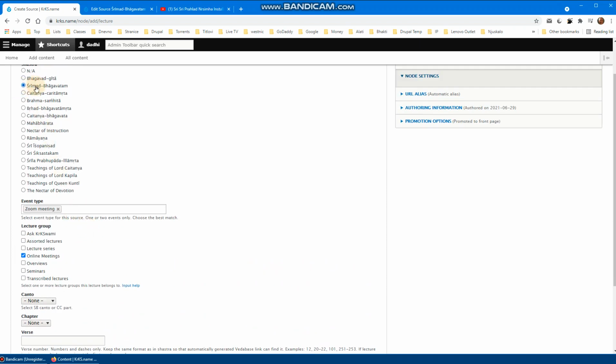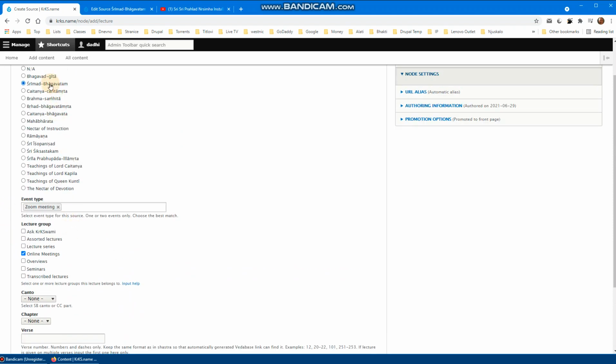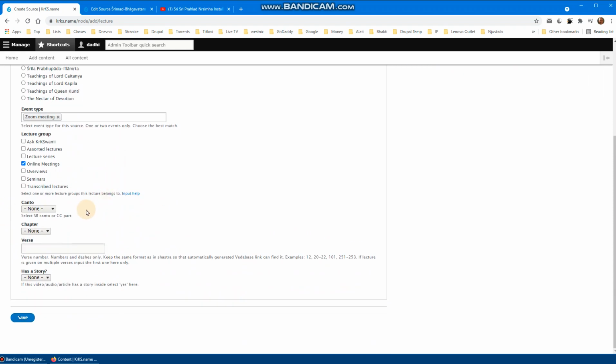Because we have selected Srimad Bhagavatam here, you can see a few other fields opened. They are not opened by default, but when you select Srimad Bhagavatam, you can select canto, chapter, and verse also.